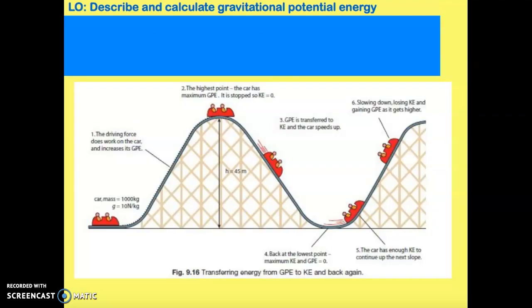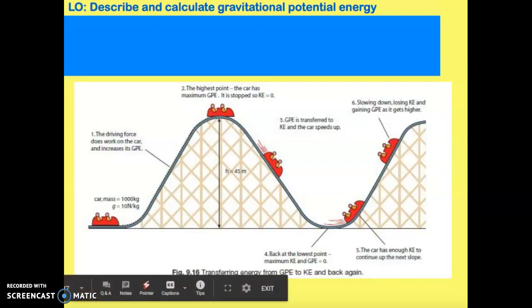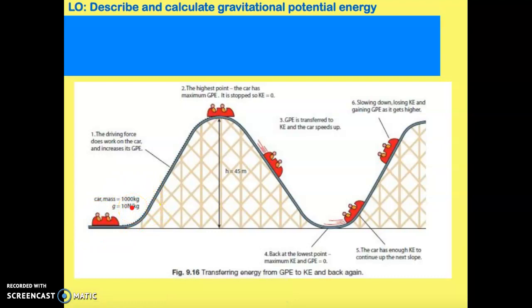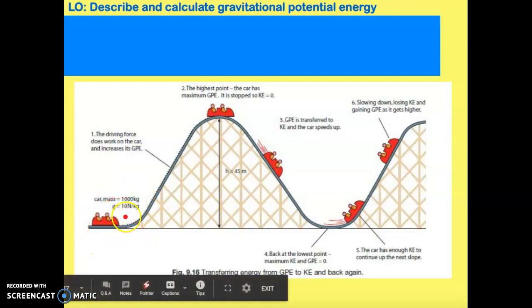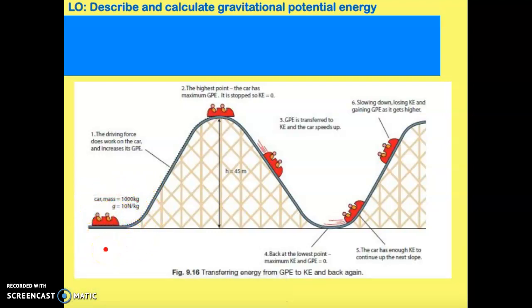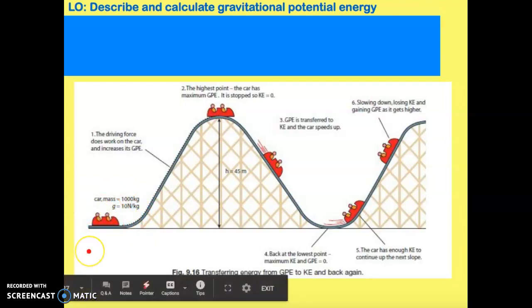So this is just an example of what happens. I start out with a mass of 1,000 kg, gravity is 10 newtons per kg, and at the minute I can calculate what my kinetic energy is. So I'd like you to try that. As I go up